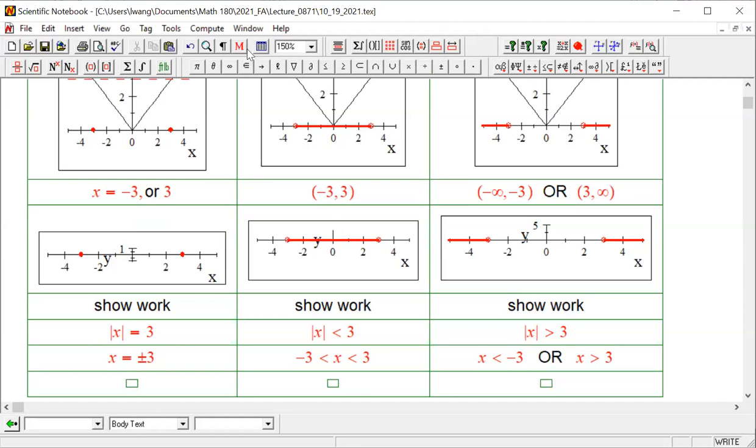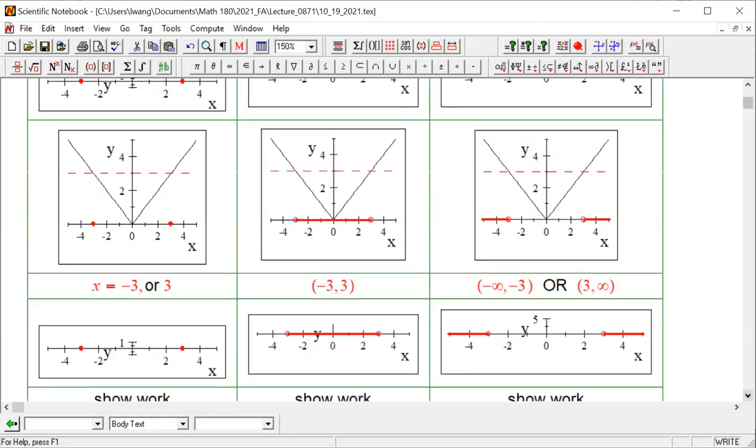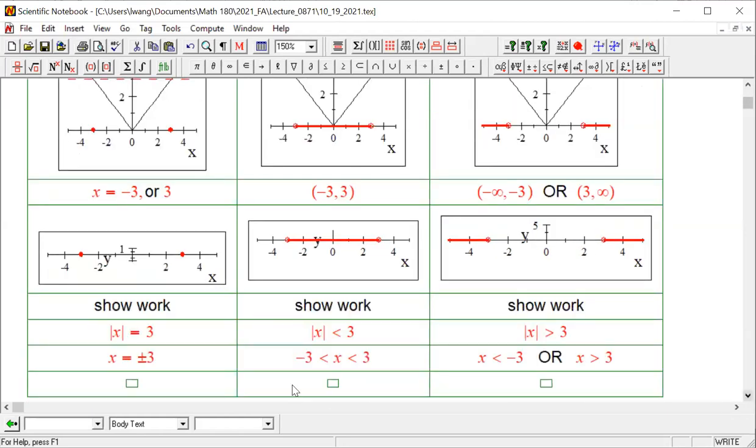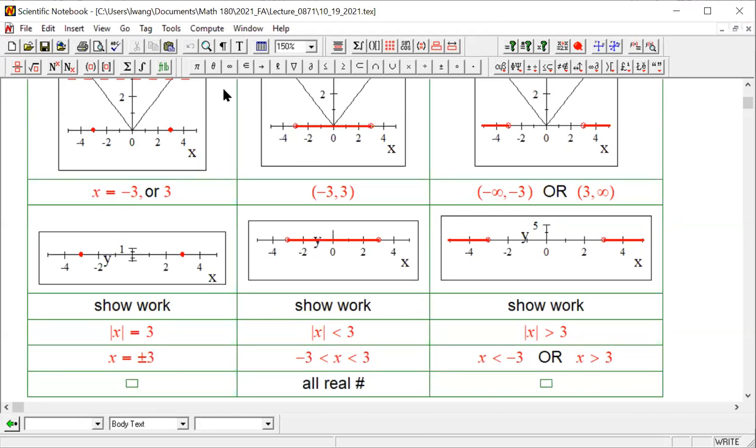In this case, you would say the solution to that set inequality here. The solution to that would be all real numbers greater than